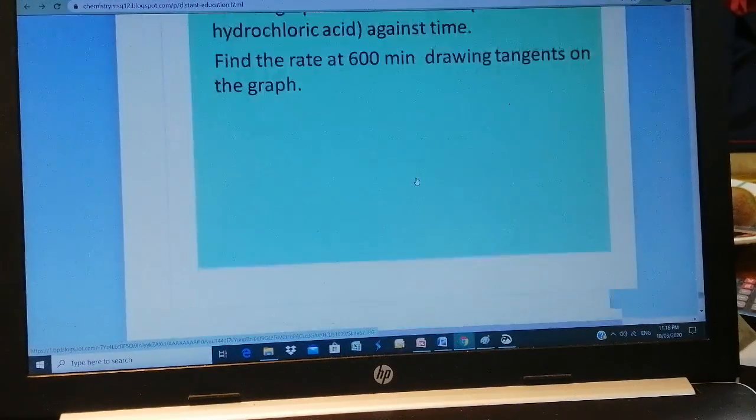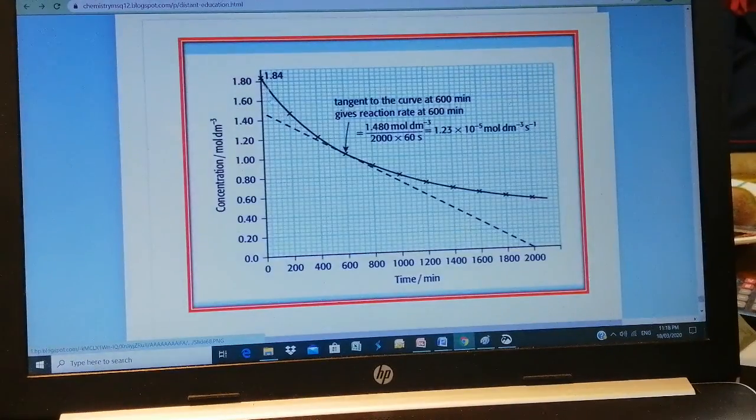So how do you do that? See here, this is a graph. After plotting, the shape of the graph will be like this. And here the question is at 600 minutes. So what do we have to do? We have to draw a straight line from 600 minutes. This is the point where it meets the curve, and here you have to draw the tangent and extrapolate or extend the tangent. See, the tangent is meeting the x-axis at 2000. So what we have to do is multiply this 2000 with 60, and the other end of the tangent is meeting at